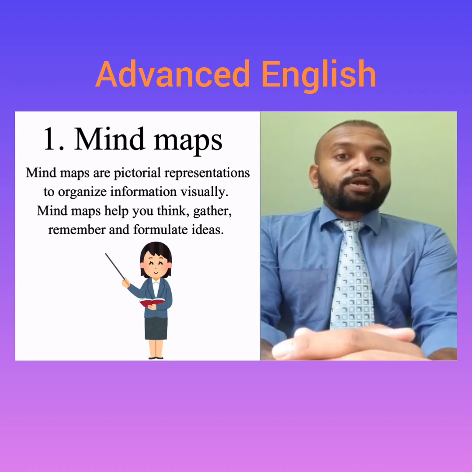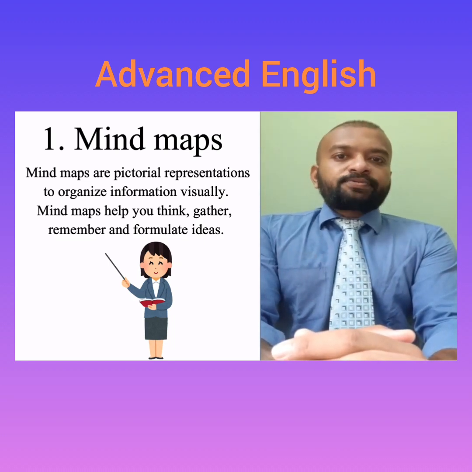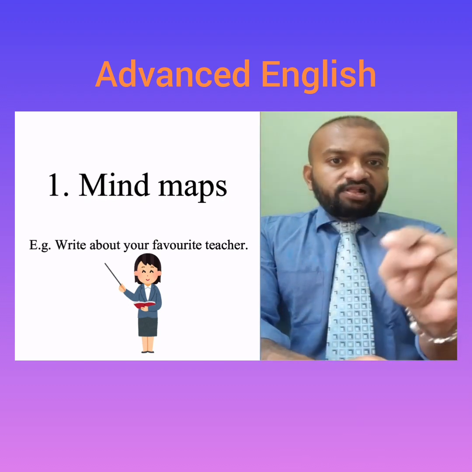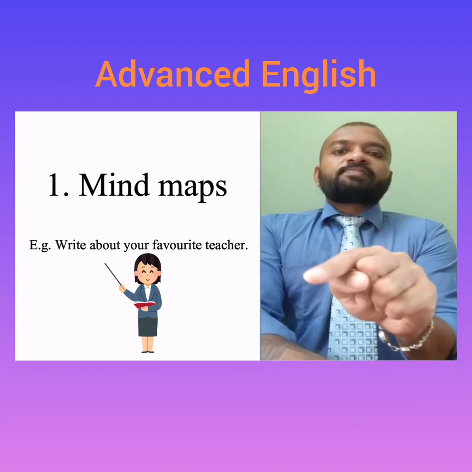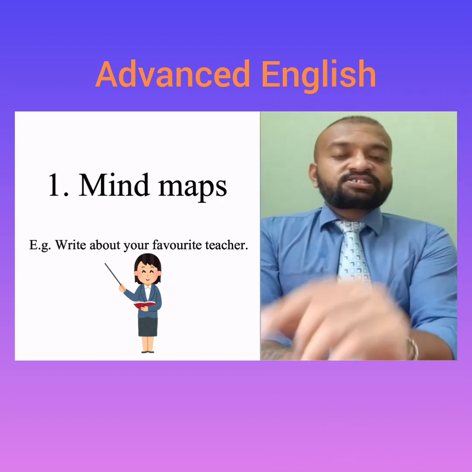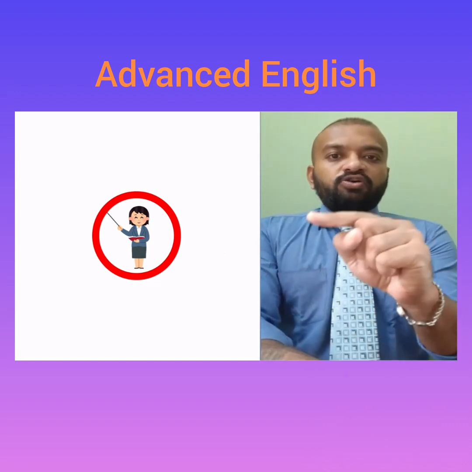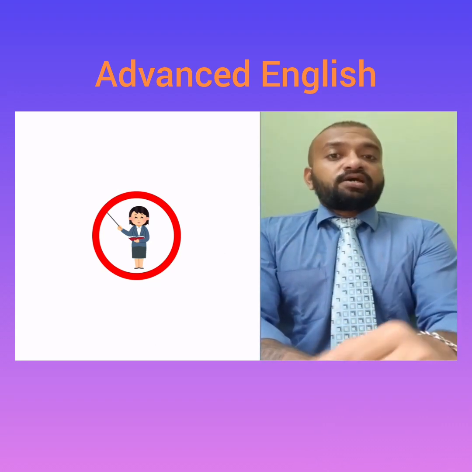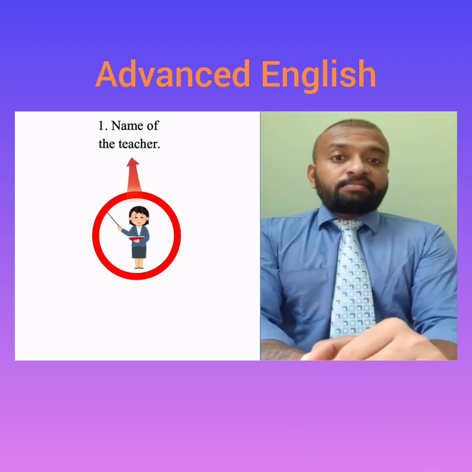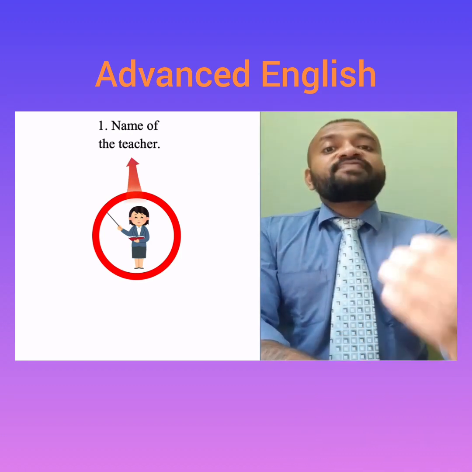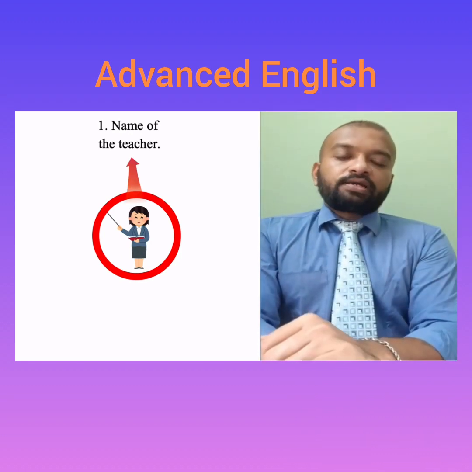So how do you go about it? If you use mind maps, you can have a central theme written in an oval-shaped box in your piece of paper as your favorite teacher. Draw a line. The first information that you could put there is the name of the teacher and his family background, if you have knowledge about that. Second one,